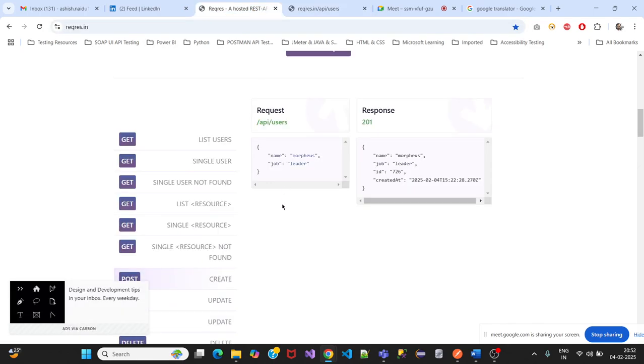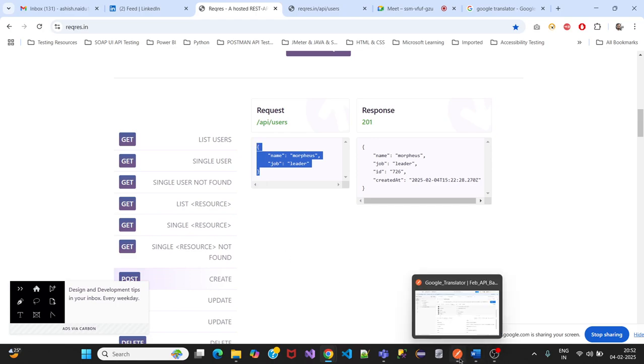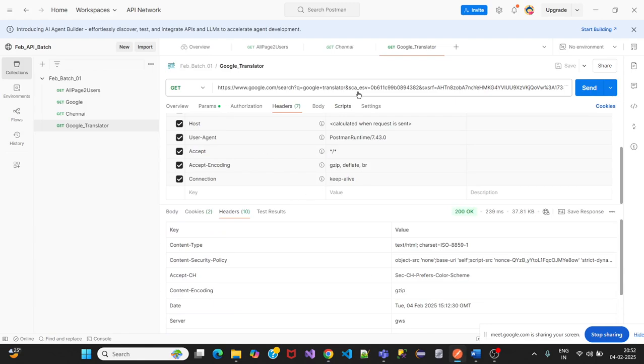Okay, I take the endpoint, and it needs a body. The body needs to be presented in the request. So for that, I'll not be providing the body. Let's see what happens. And if there are multiple tabs opened at the top,